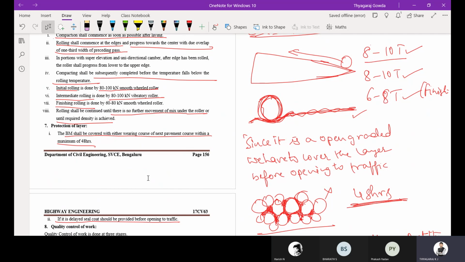If you are constructing the next layer above the bituminous macadam, you have to construct within 48 hours, that is within 2 days. Otherwise, if opening for traffic, you are going to allow the traffic only after application of the seal coat.